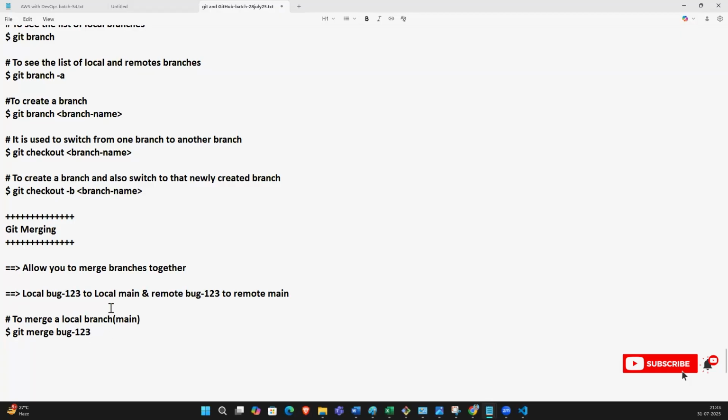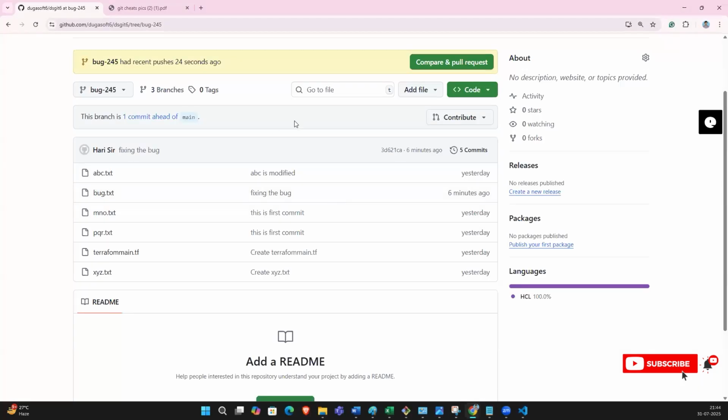So it is merged from your local bug 123 to main, and your remote bug 245 to